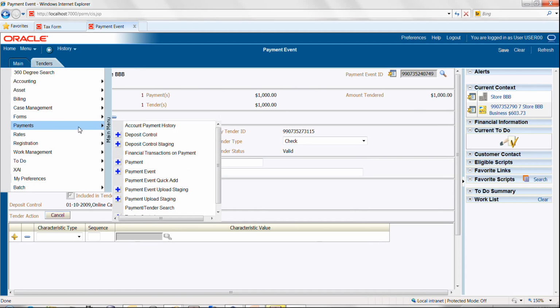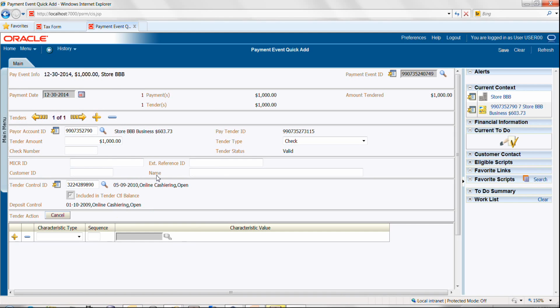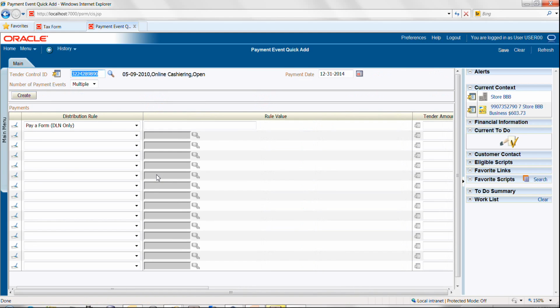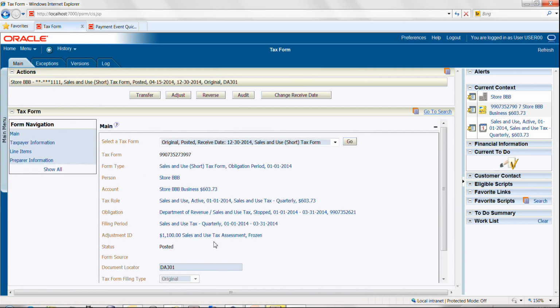Deposit control and tender control we're not going to discuss, but the one which is easy to use is called the payment event quick add. This has the ability to add a new payment directly and pay a particular tax form. So you can pay a tax form by adding in here the document locator number. So if I go back here and take this value,